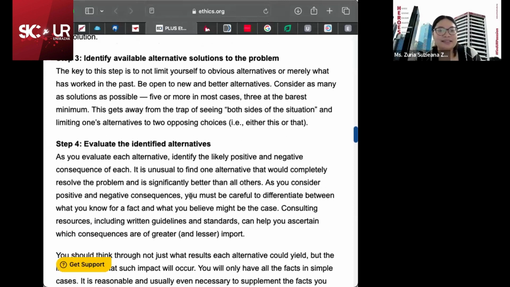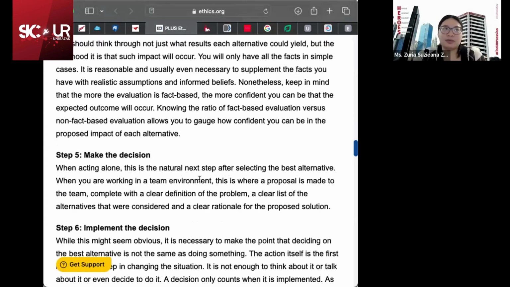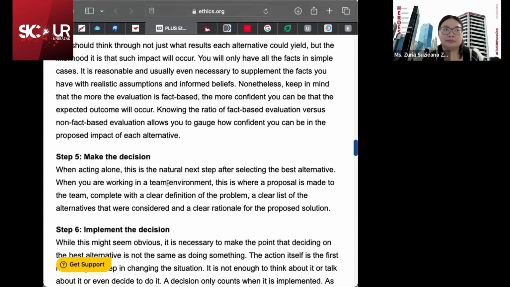Okay, next, during this stage you must be careful to differentiate between what you know for a fact and what you believe might be the case. That's why it's very important for you to collect all the information. If it's something that you can do a pilot test for, then you can do that first to collect more information to see how it's running, for every alternative. Because the thing that we believe, sometimes it's not the case, right? We believe that it might work, but